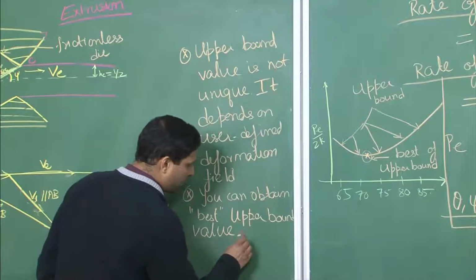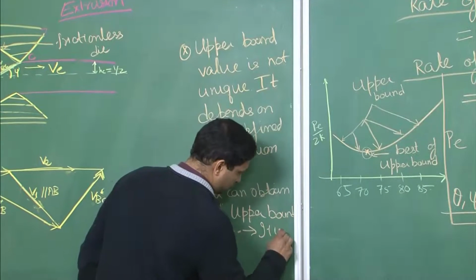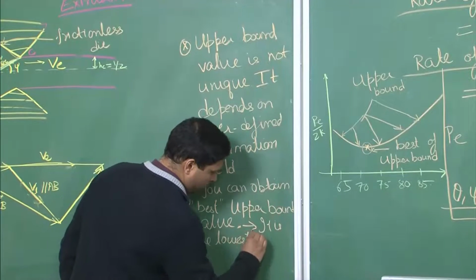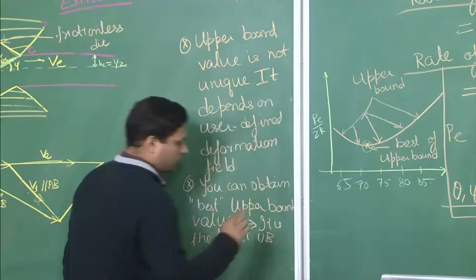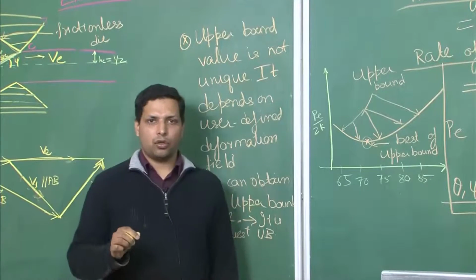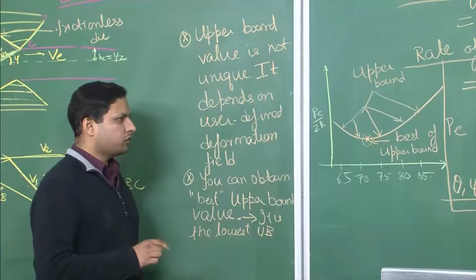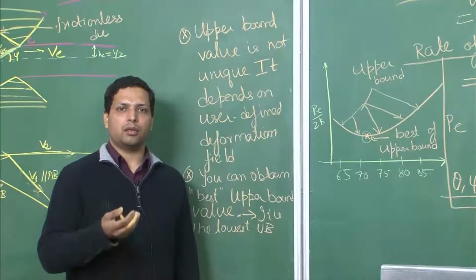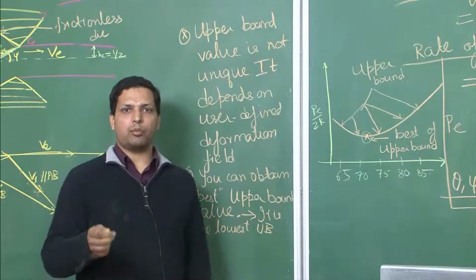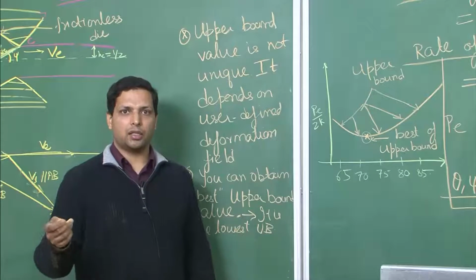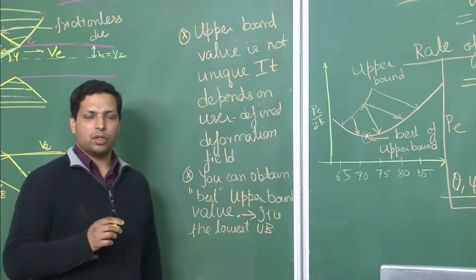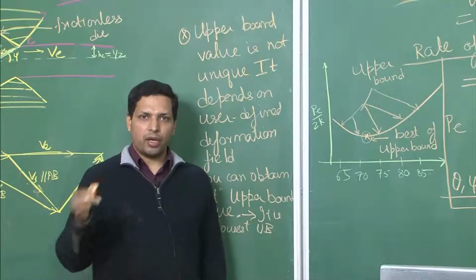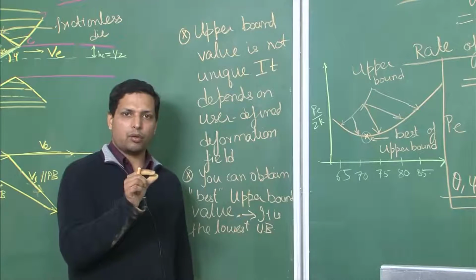And what is that best value? It is the lowest one. So, for example, let us say that one particular set of deformation field tells you that your upper bound is 7 megapascal, another one says 7.5, and a third one says 8. Then what is the best upper bound value? You know that all of them have been done in a way that all of them are actually upper bound. So, why not take the lowest one, because that will give you a much better range,